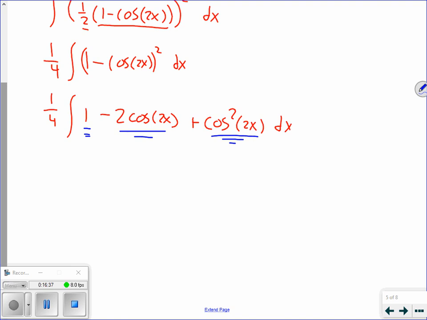So I got the 1/4 on the outside, and I'm going to be distributing it as I integrate. So the integration of 1 is just x. So I got 1/4 x. Now the integration of -2 cosine of 2x. So let's think about this. I'm going to put a minus here. Let's think about what the integration of cosine of 2x is. We can do u sub if you want, but remember, all that's going to happen is a 1/2 is going to come out, and the 1/2 is going to cancel out the 2. So really, the integration of cosine of 2x is sine of 2x. So this is going to be minus